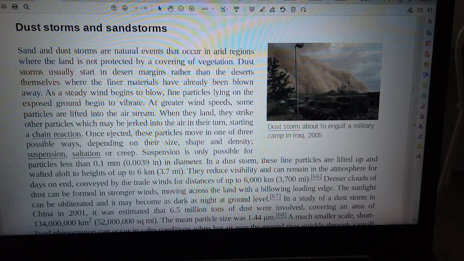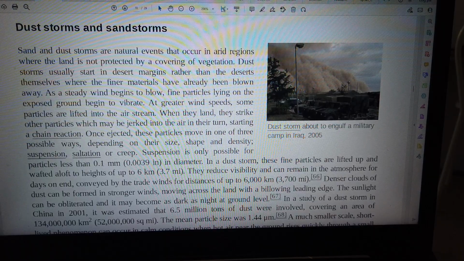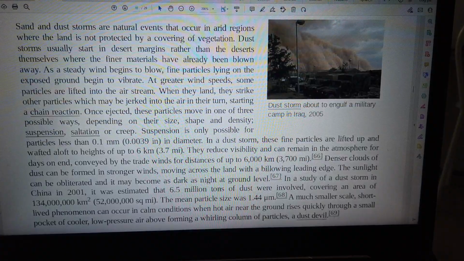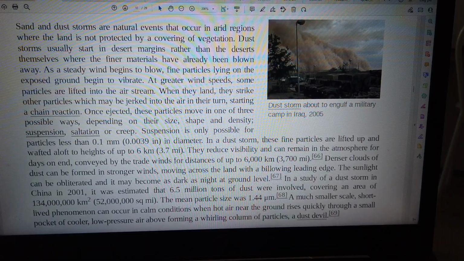Dust storms and sandstorms. Dark brown sandstorm about to engulf a motor pool. Dust storm about to engulf a military camp in Iraq. 2005 sand and dust storms are natural events that occur in arid regions where the land is not protected by a covering of vegetation. Dust storms usually